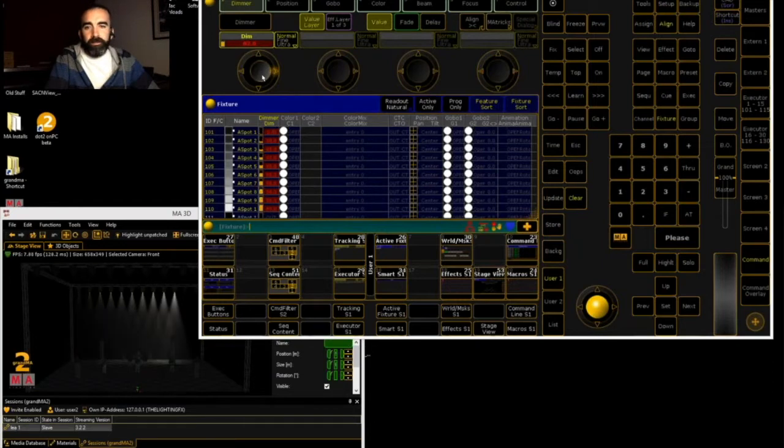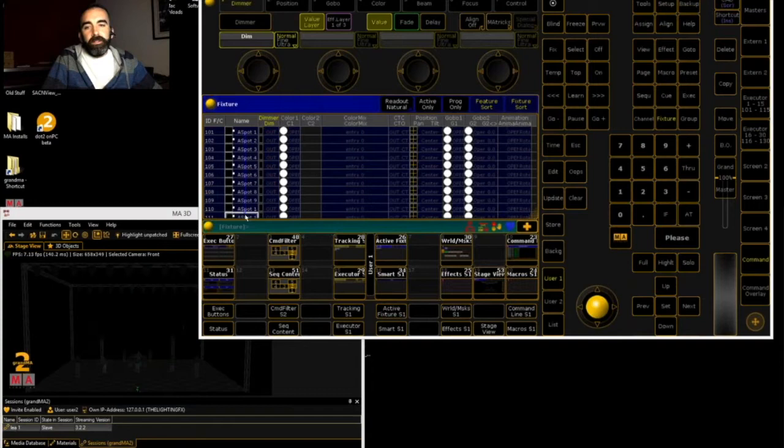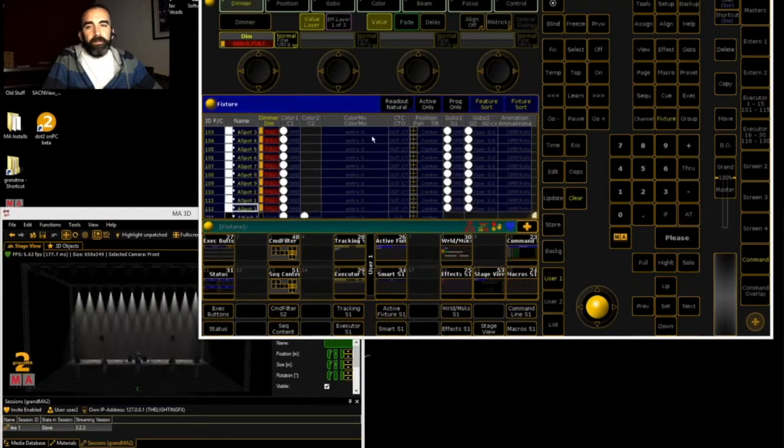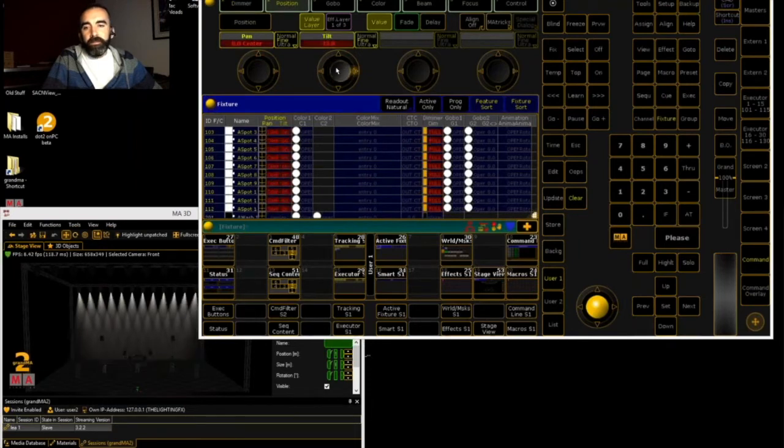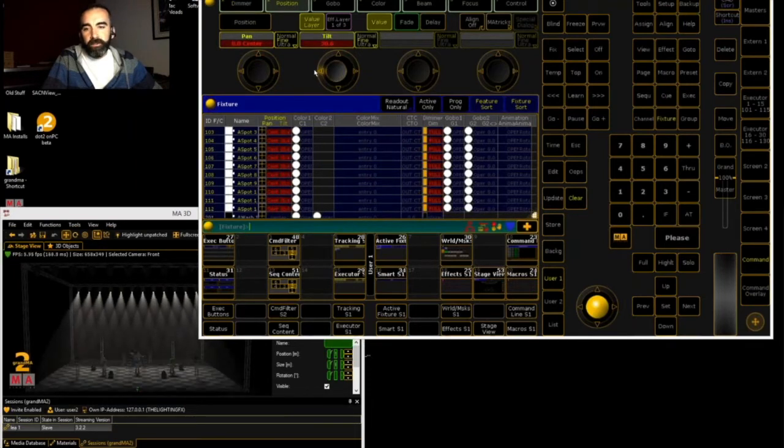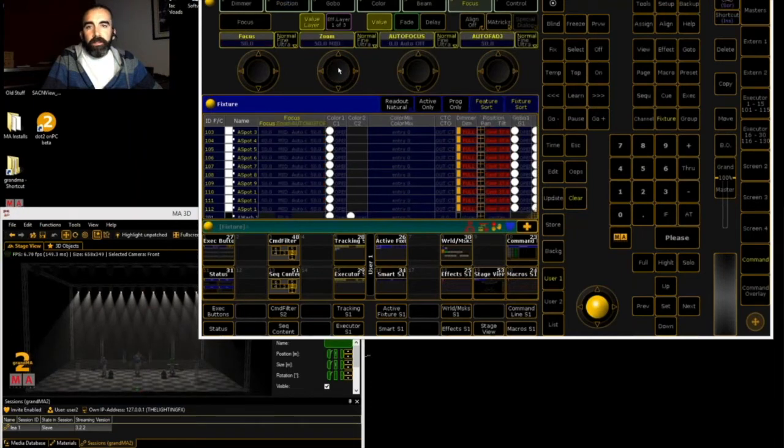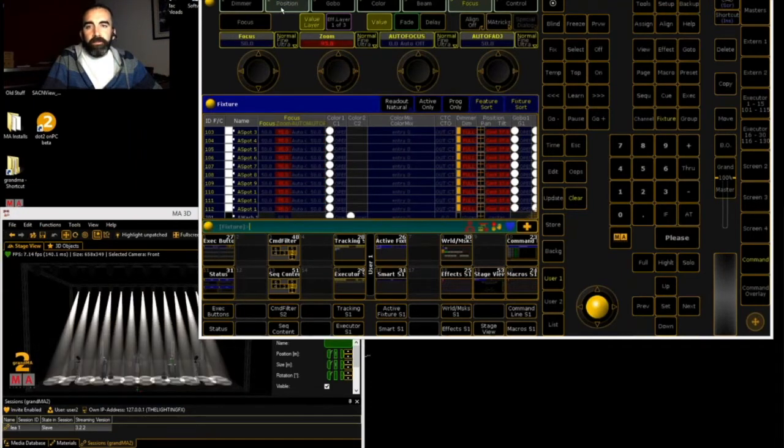Well, what you're going to notice is that's not really going to work very well, because align to center is useful for pan. It takes from the center point out: the left half of your selection goes down, the right half goes up. Now, this doesn't work so well for dimmer. But why don't we try this with pan, and you'll see. So I'll tilt these to the downstage edge in my 3D. When I zoom those down so you can see them better,